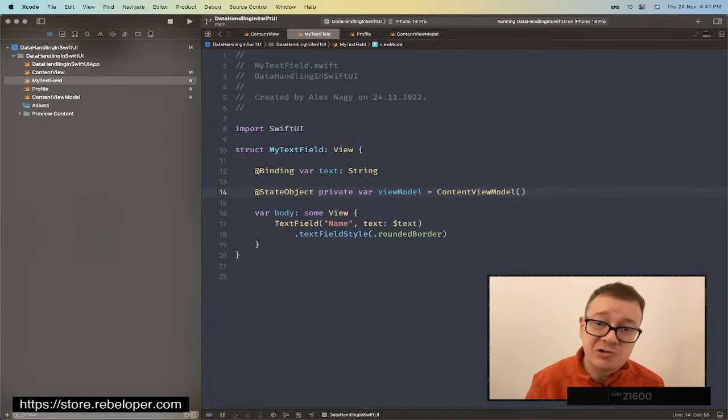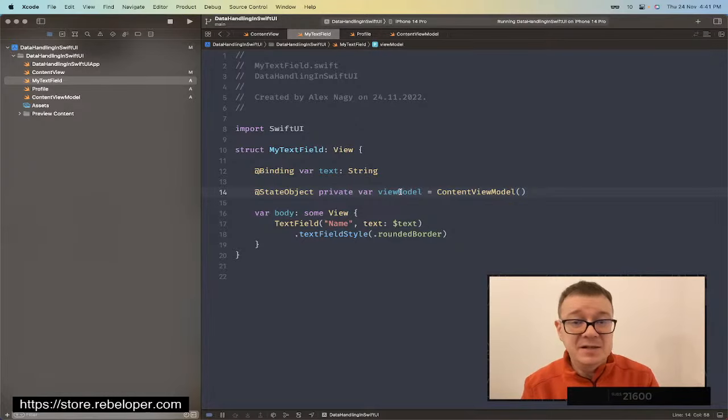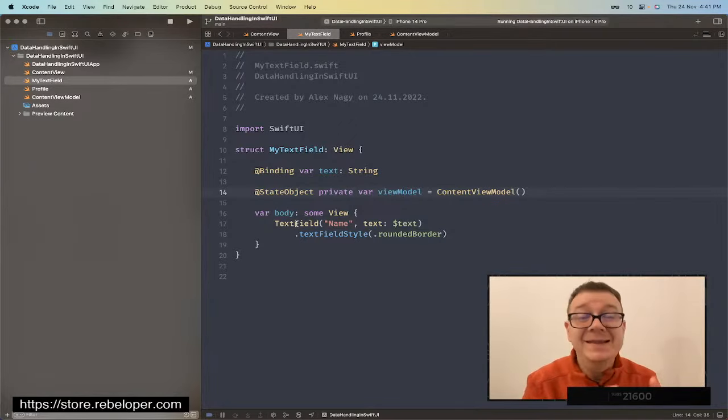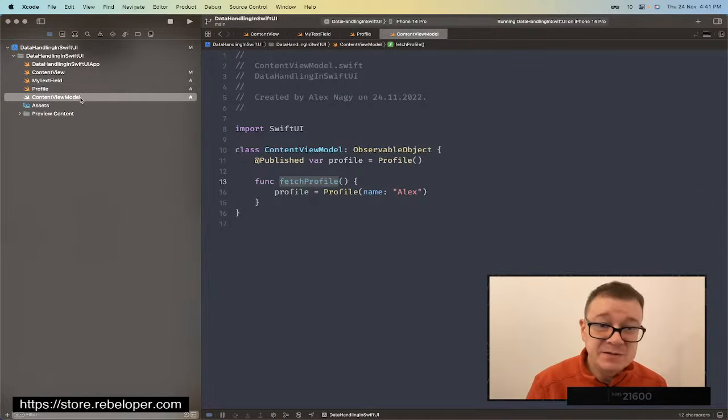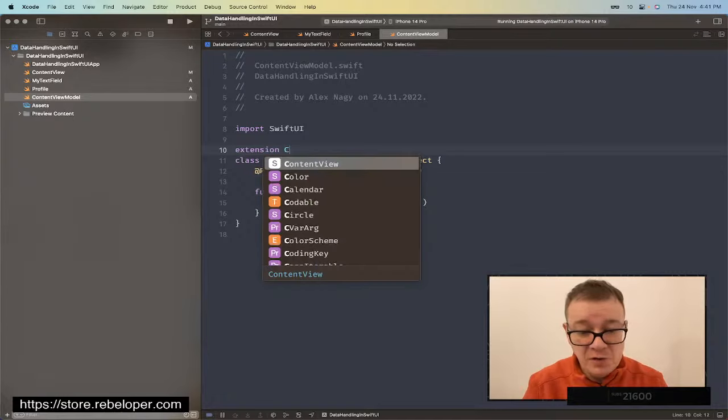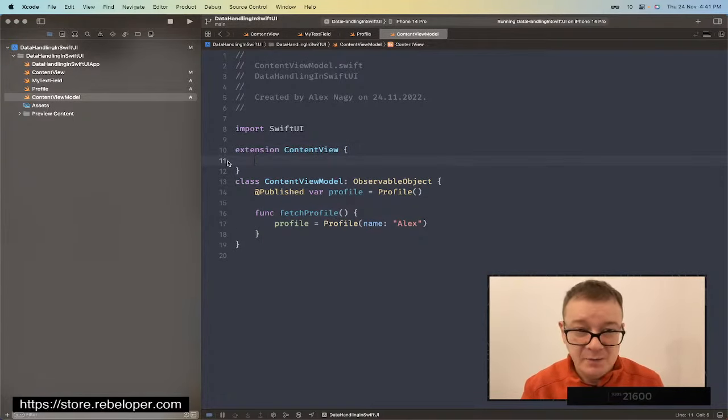Well, let's just try to fix this. Why is this, by the way, a bad idea? Well, because now on the view model, inside my text field, I can have access to the profile. I can also have access to the fetch profile, which is not nice. You should just have all of this encompassed at its place, only in the content view. So how can we fix this? Well, we could just have this content view model inside an extension of our content view, which is really clever,